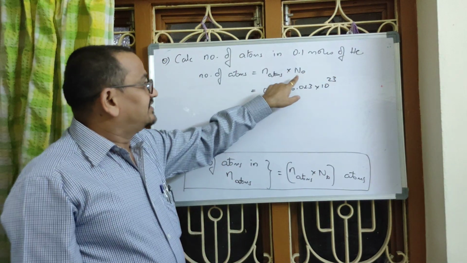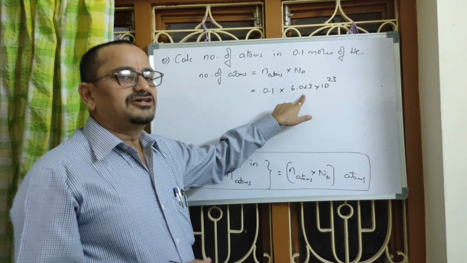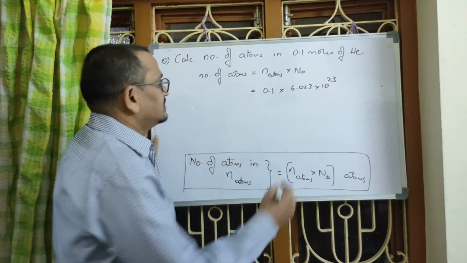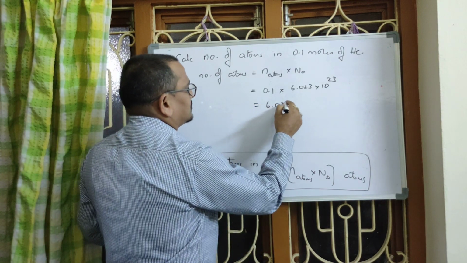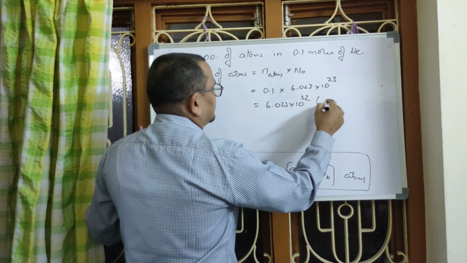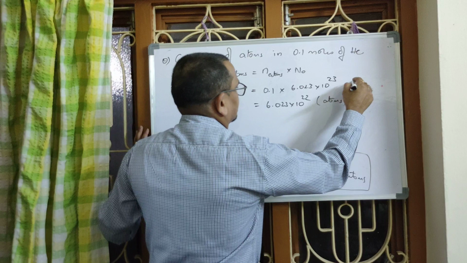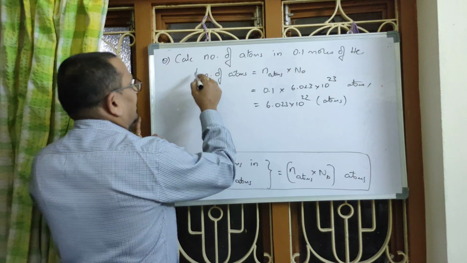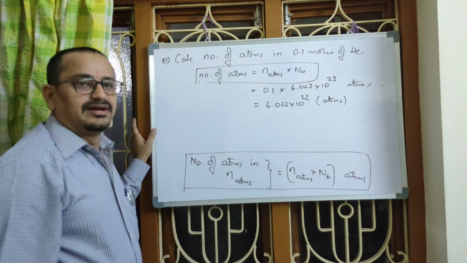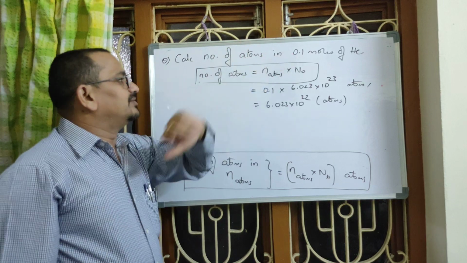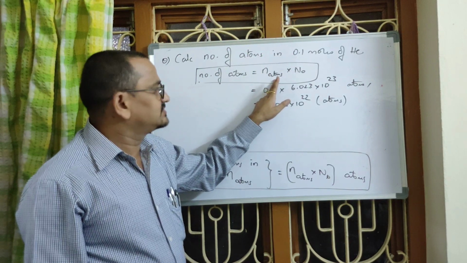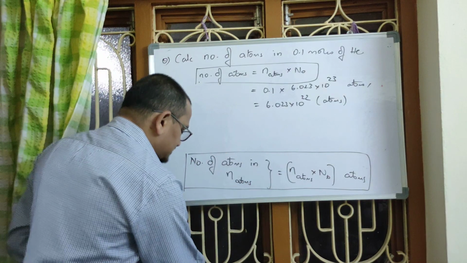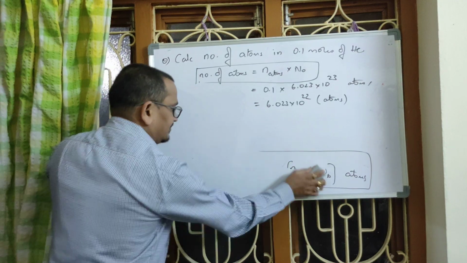You look at the options. In the options, whether it is given in terms of N0 or in terms of 6.023 into 10 power 23, you know this number corresponds to Avogadro number, right? So it is 6.023 into 10 power 22 number of atoms. Right? So this is a basic relation. Number of atoms equals the given number of moles of atoms into Avogadro number. Is that clear? You do one similar numerical, then it will be easier.